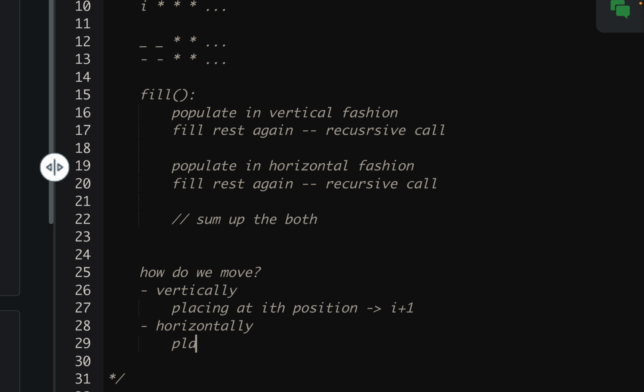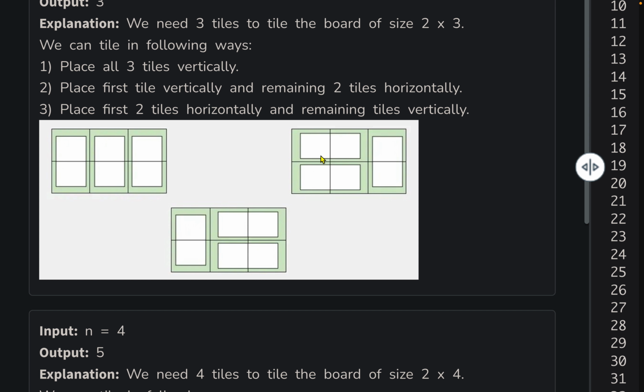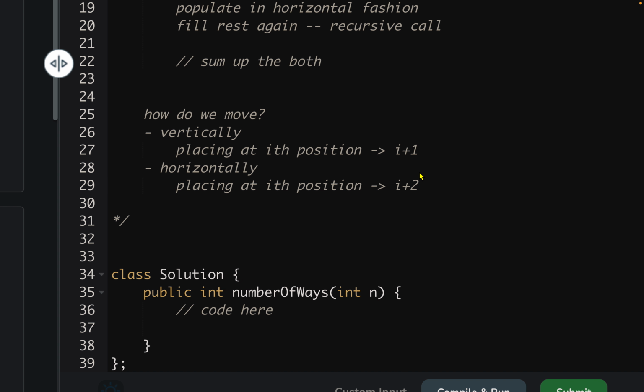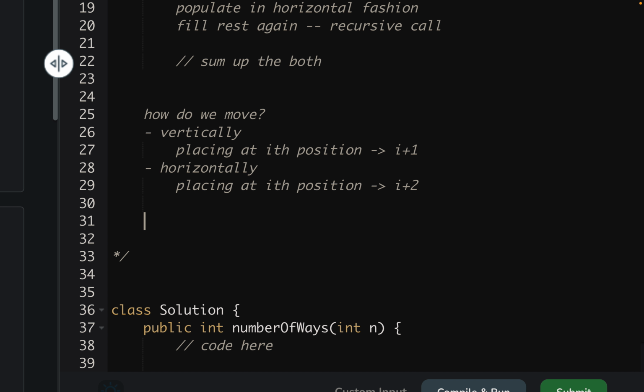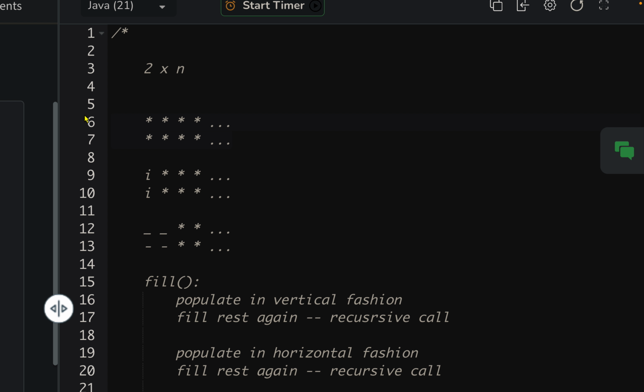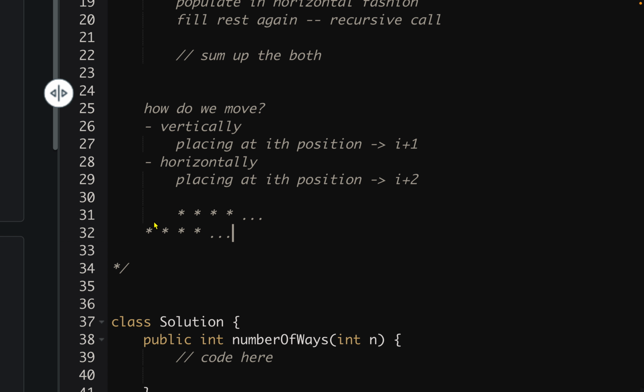So if I am placing at the ith position, I am moving to the I plus 2th position. So if I am placing it as 0, 1, I am placing it over here, I am moving it to the plus 2th position from the initial. And this is where the entire crux of the problem lies. You see, now when I am going back and taking our initial way, how can we solve this problem is